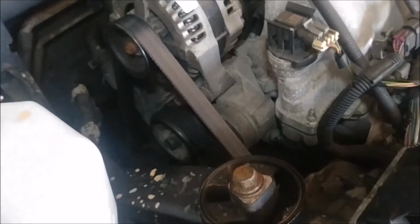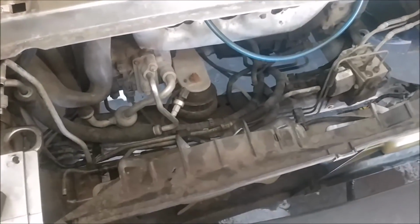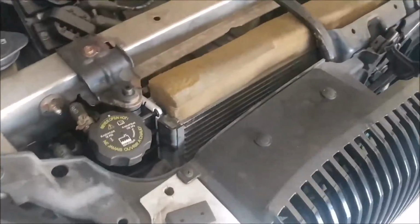When I get done putting the radiator back in, we'll tackle the elbow over here, and I'll show you what all needs to be done to do that. Okay, I got the new radiator put in. I went ahead and put the grill in, but